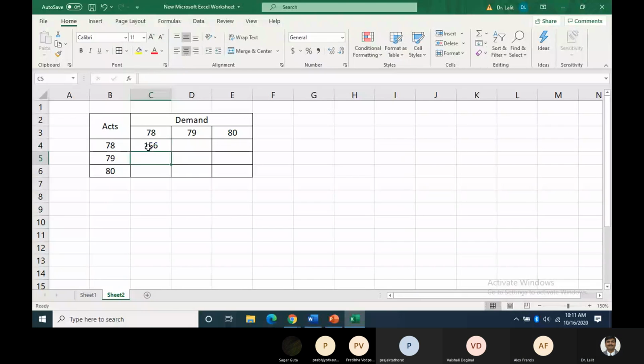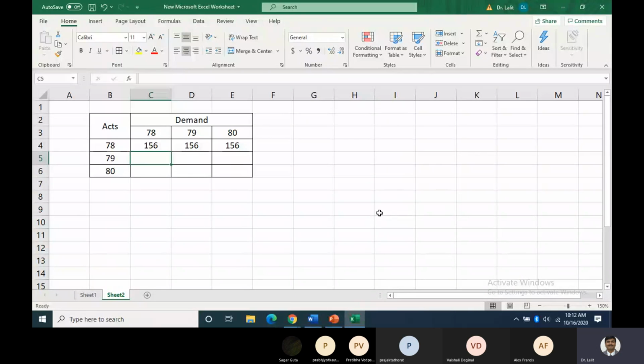78 into 2, right? If we manufacture 78 and demand is 79, तो क्या होगा? See, though demand is more, but he is having only 78 bottles to sell off. Okay? So he will be able to sell only 78 bottles, right? So इस केस में भी उसका प्रॉफिट कितना होगा और पे ऑफ होगा 155. Similarly, if demand is 80, his payoff would be 156. Okay. हाँ, इस केस में क्या होगा?